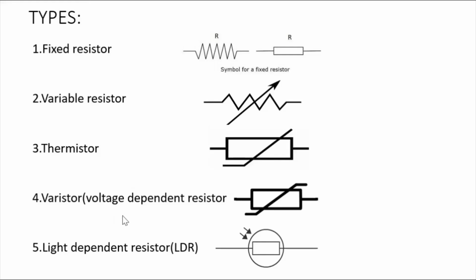They send the current created by the excessive voltage away from the sensitive components when triggered. Light dependent resistors, LDR. LDRs have a property that they increase their resistance in a dark room, and decrease their resistance when it is lighting sunny. So using this property, they are used to detect the presence of light or in burglar alarms.